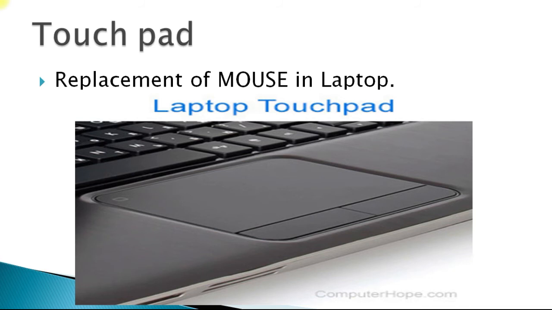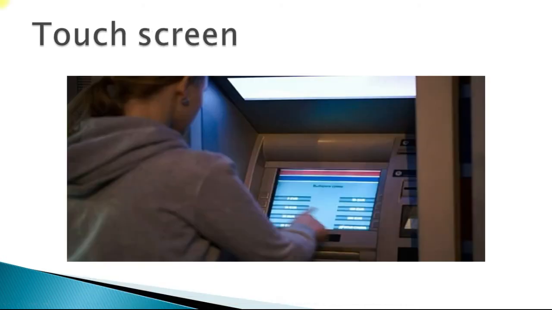Touchpad. In laptops, we have touchpads, a replacement for the trackball and mouse. So a laptop doesn't have a mouse; there we have a surface like this. On this surface, wherever you move your finger, like I am moving my pointing finger, the pointer automatically moves there. Here is a left button, here is a right button. Some touchpads also come with scrolling at the right side corner. So the touchpad is a replacement for the mouse.